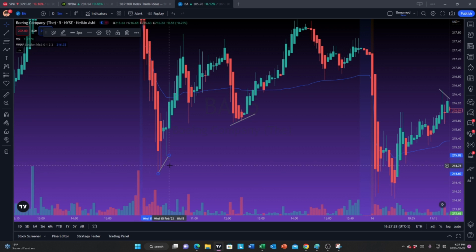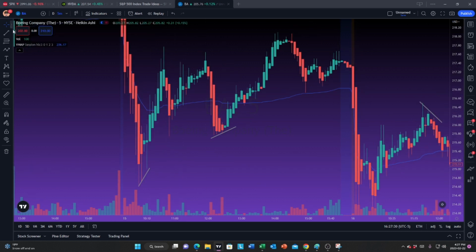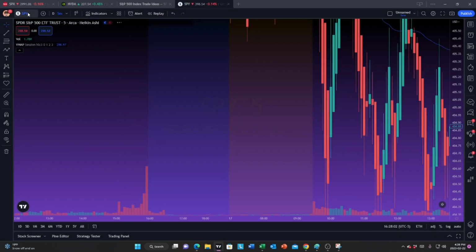And you can see here, this is pretty bearish. This would mean that it would make a new low from this peak, which would be a new low from here, but it doesn't. So you can't really apply this rule to other stocks, but you can use it to identify reversal areas. So this is very clearly indicating that a pullback is going to happen. This is very clearly indicating that we're going to see a pullback as well. And this is very clearly indicating that we're going to see a pullback as well. Okay. So if you go back to SPY,